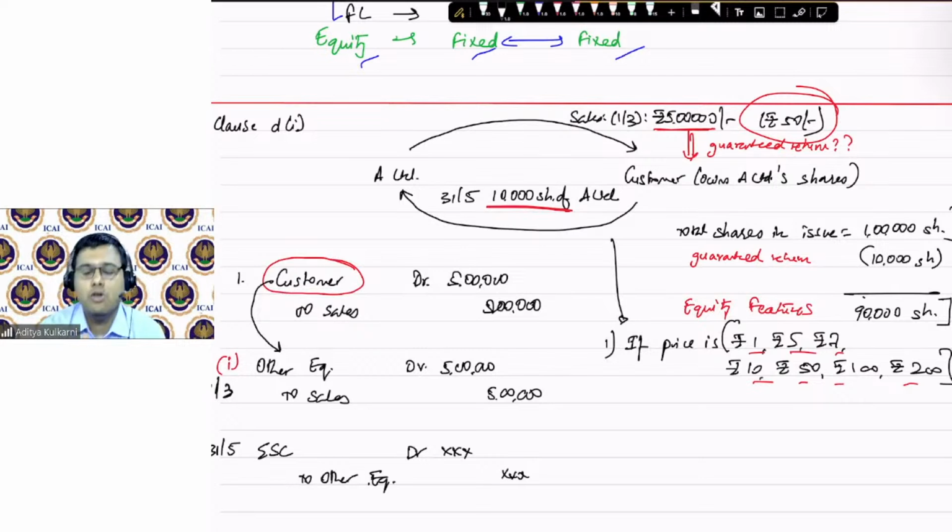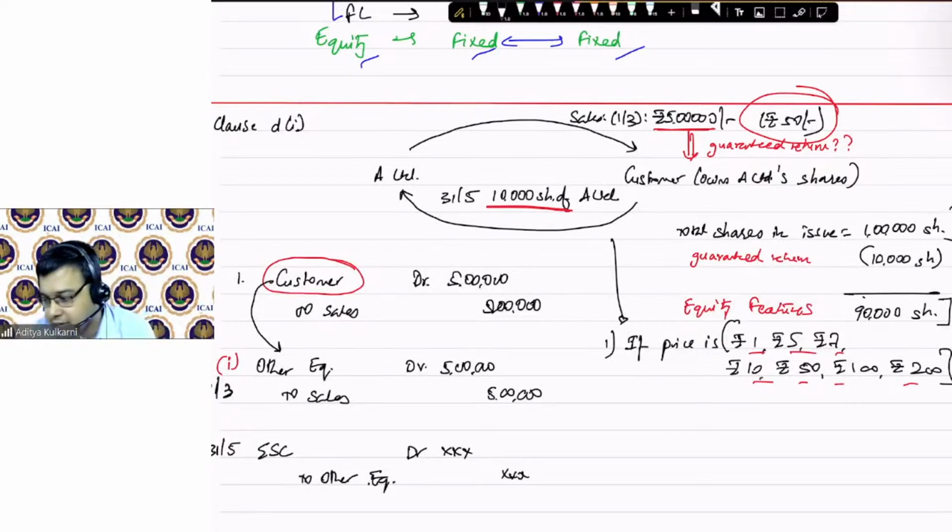You will not debit equity capital on 31st May because you have not received the shares. The shares are getting transferred on 31st of May. But on 1st of March, this instrument reflects non-equity features. It reflects non-equity because you are giving it a guarantee. So that is why we will have to eliminate it.